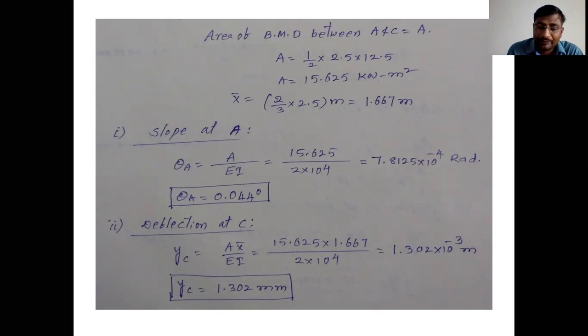Okay? Up to this class, we completed the deflection of beams by using 3 methods. What are those 3 methods? Double integration method, Macaulay's method, and this moment area method. This moment area method is used for only simple types of beams and single loads. And Macaulay's method is used for any load, any type of beam.